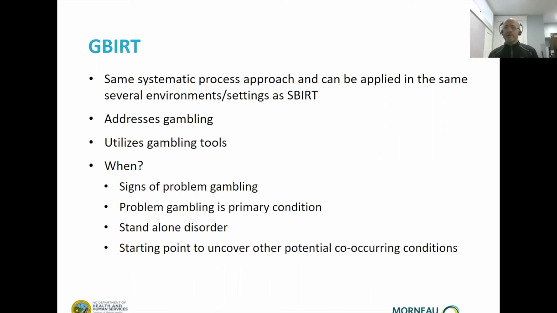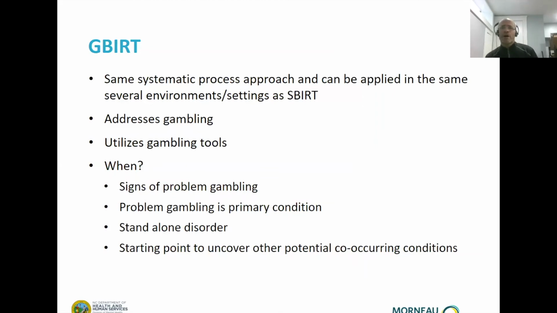So the job again, or the purpose, is to create a bigger fishnet that you can easily administer in any part of the sea, right? And it's supposed to be stronger with evidence-based tools. We utilize evidence-based or gambling-specific tools that address gambling. So when would I use the GBIRT versus what we just went over, the SBIRT? A lot of this is obvious, but